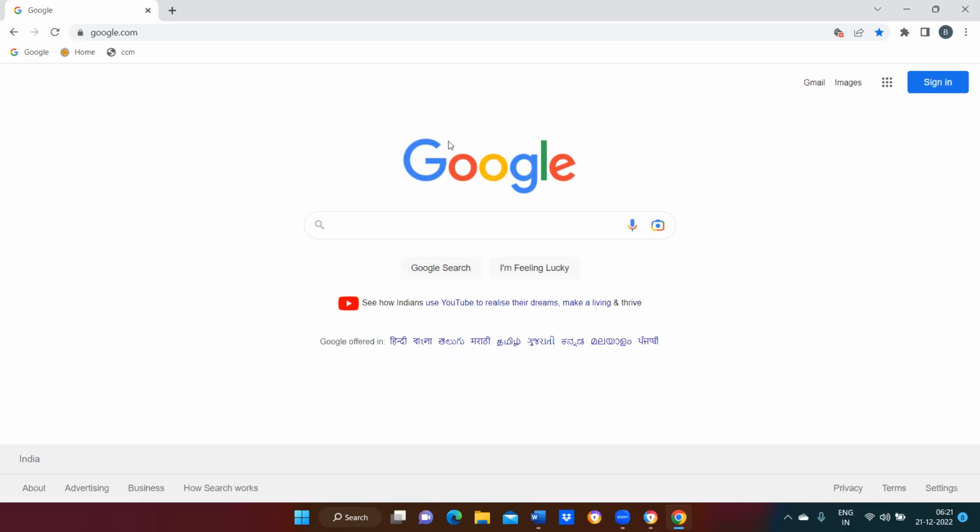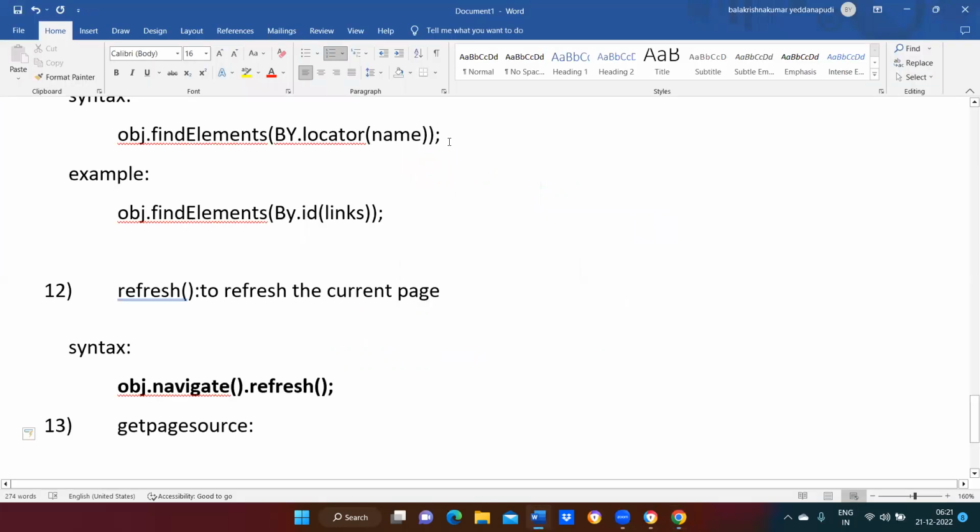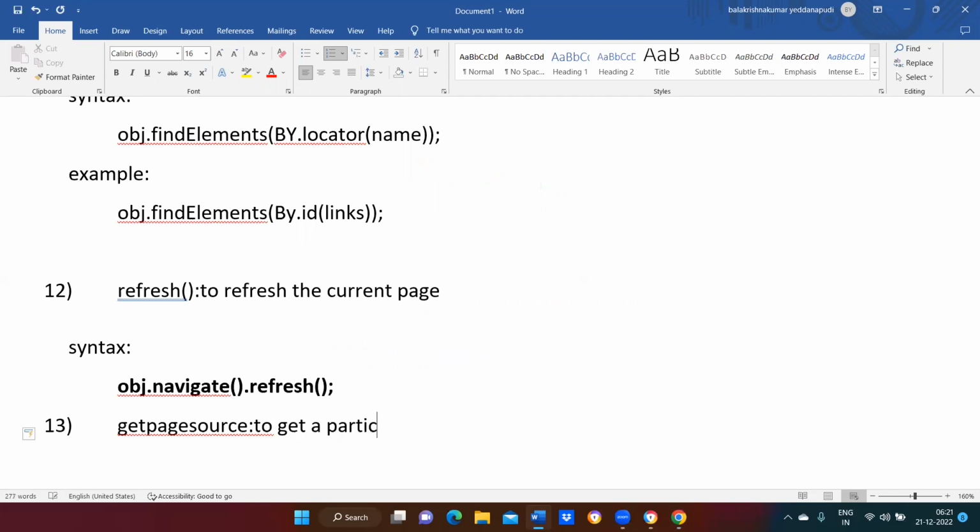But when you capture it, that will be displayed in the form of HTML. You won't get the text value. You'll get the HTML source code. Okay, madam? HTML source code. So to get a particular element, or to check